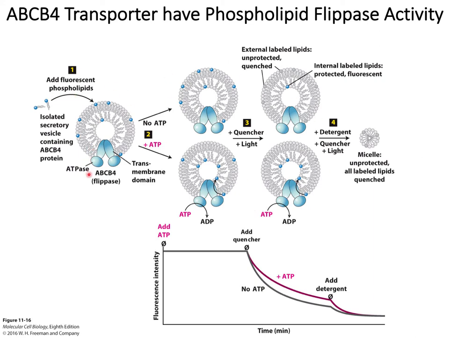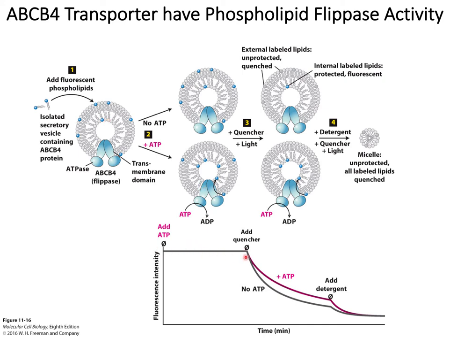At first, a synthetic phospholipid containing a fluorescently modified head group, the blue dots right here, is added into the media surrounding the purified vesicles, and it gets incorporated into the membrane, because these membranes are hydrophobic,